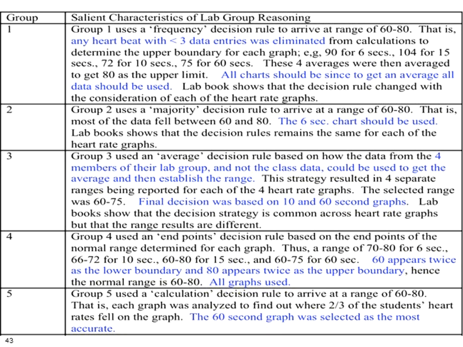You'll see the results they got were pretty much the same: 60 to 80, 70 to 80, 60 to 80, 60 to 75, 60 to 80.